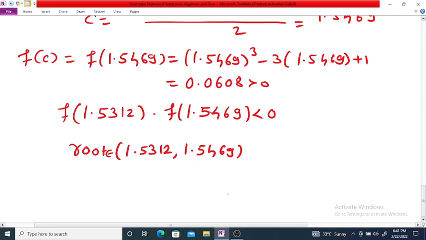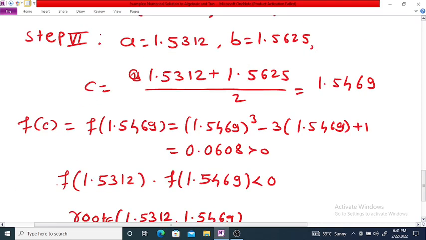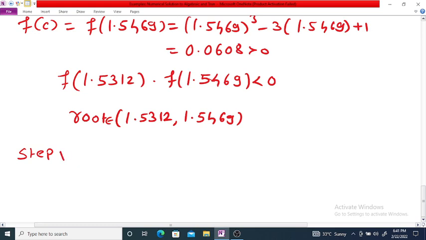Next step is step number 7. For step number 7, a is equal to 1.5312